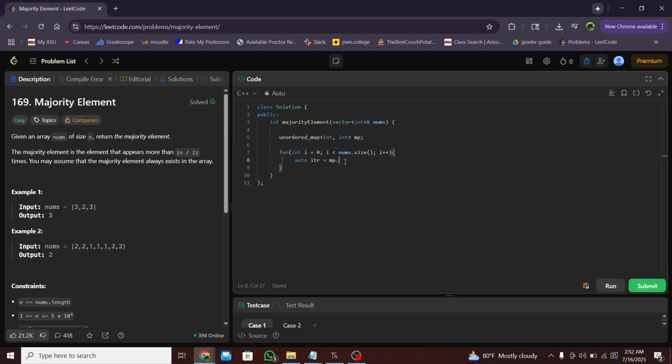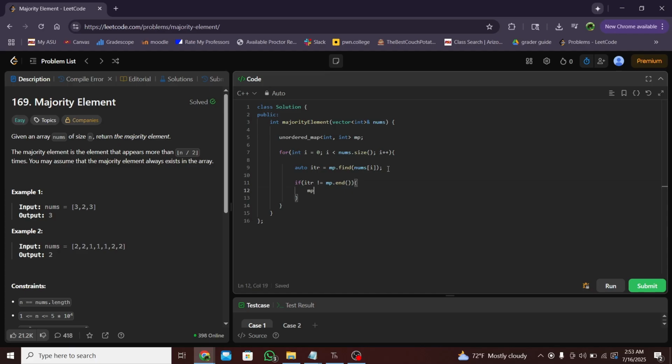So we see if this exists using the find method. We see if the current element that we're going through exists in the map. If it does exist, this means if the iterator doesn't point to the end, i.e. the element does exist,